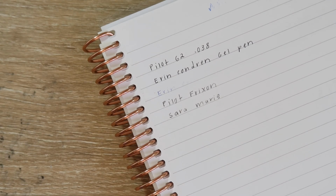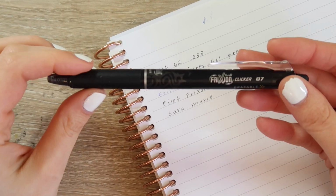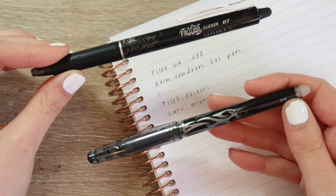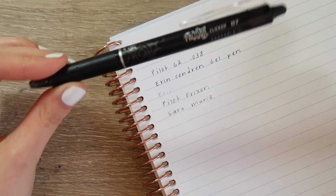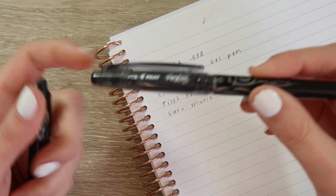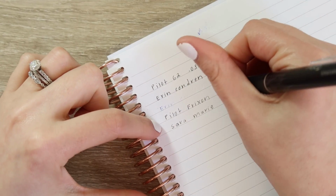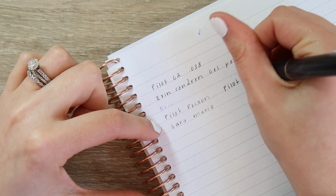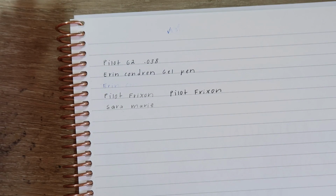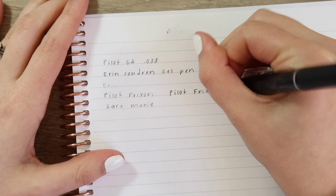I did want to show you guys, I don't know why I didn't pull this before, I do have an older version of the Frixion pen. This is the 0.7. This is 0.5, if I didn't say that already. It's the same concept. This is just, instead of being a pen with just a top, a clicker, and this one's significantly thicker. So you can see that is definitely a lot bolder. It's more of a black. This one's more of a gray. And it does the same thing. It will erase